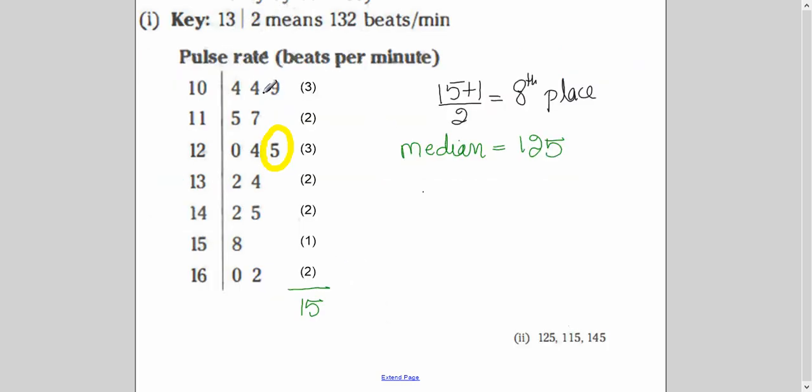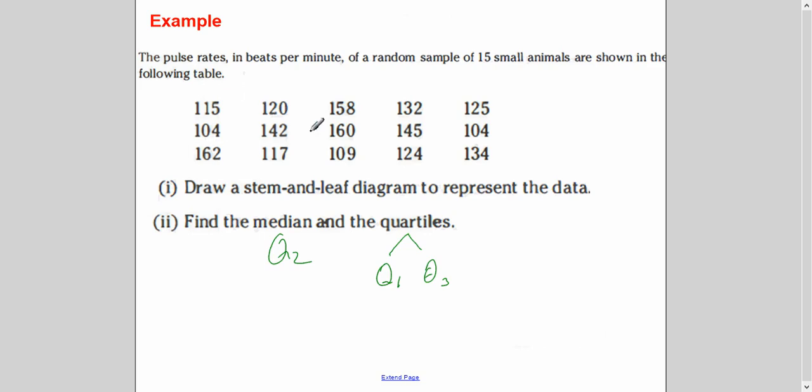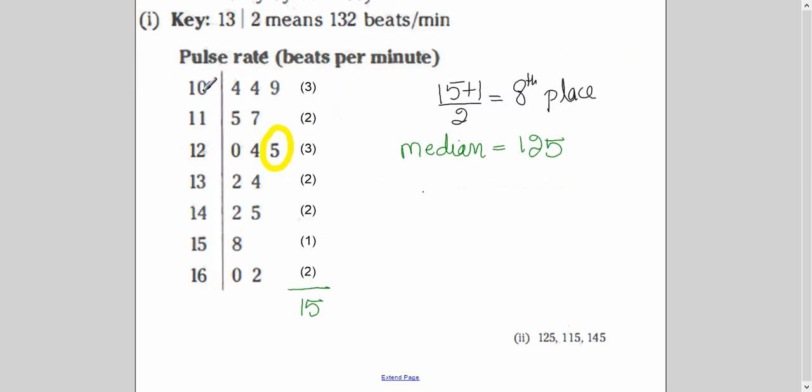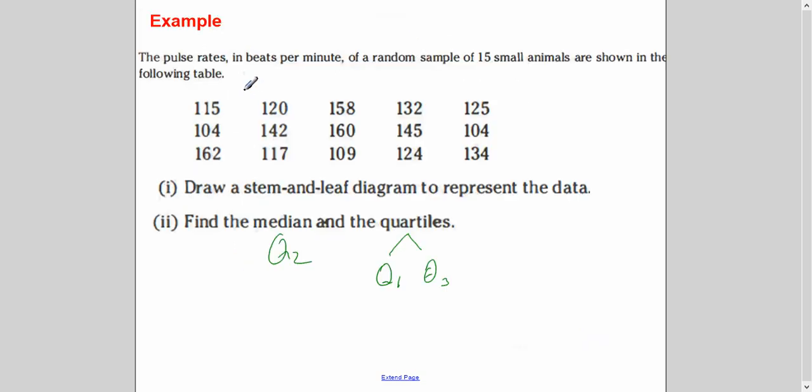Now this data, because in the previous video I have already explained to you how to put data into a stem and leaf diagram, so I'm not going into that detail here now. So I have written 10, 11, 12, 13, 14, 15, 16 as my stem. This is my stem here. And in the leaf, I have written data from here.